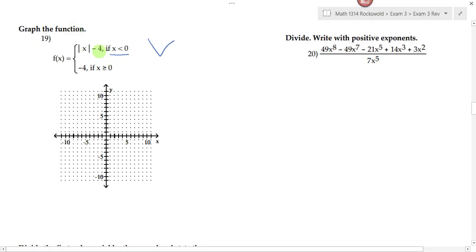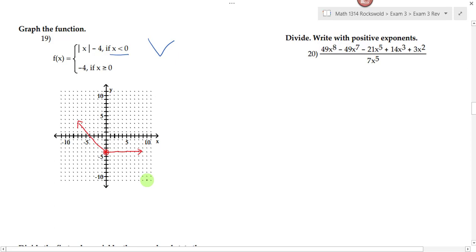Do I put an open circle or a closed circle on that vertex? Open, because x is strictly less than 0. So for x less than 0, I'm going to graph this absolute value function, which looks like this. And then I have a constant function when x is greater than or equal to 0 at -4. So here, for this function, do I put an open circle or a closed circle at 0, -4? Closed. So I put a closed circle here, and then this is a constant function, which is just a horizontal